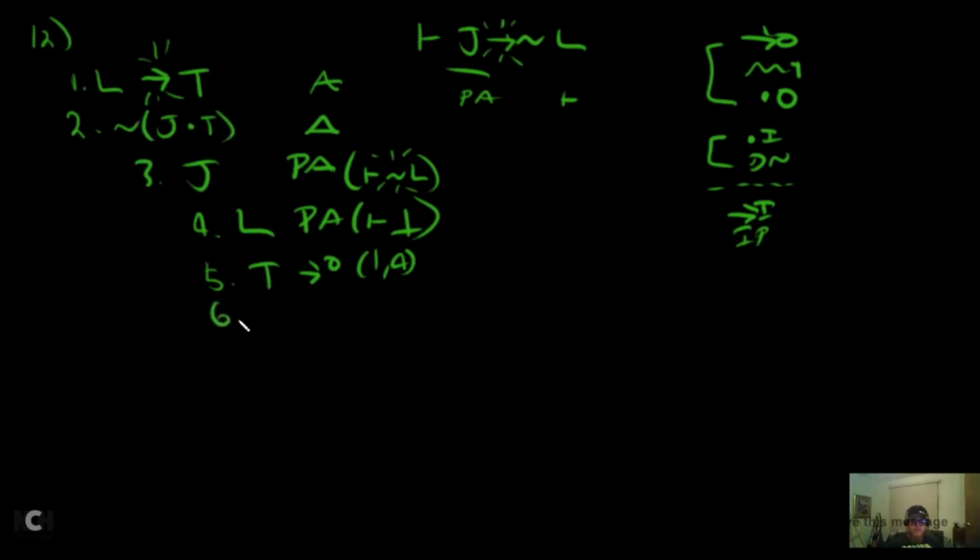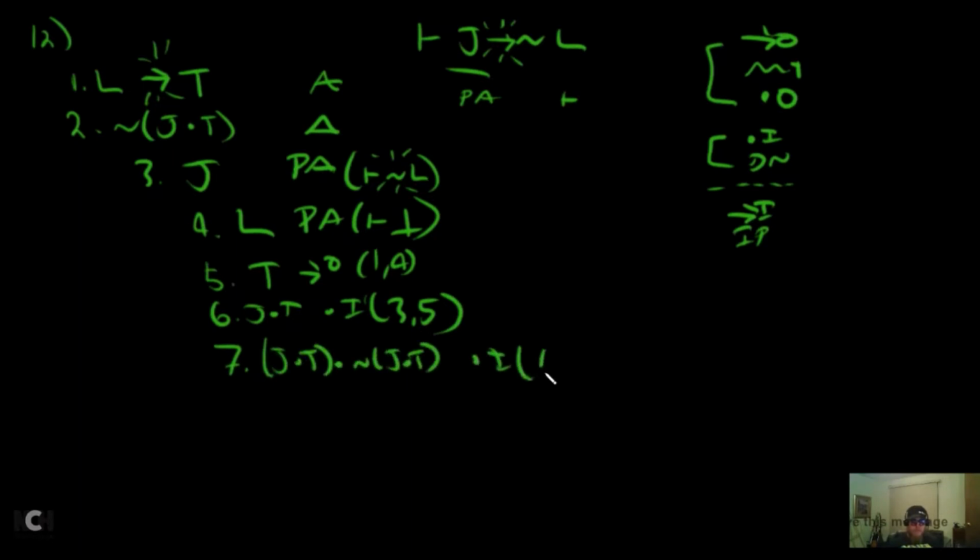So look at this. Line 6. J dot T. And in 3 and 5. And then what I can do is look, I can say that thing and exactly not that thing. So look, I get J and T and squiggle J and T. And in J and T came from 6. Squiggle J and T came from 2. There are my contraries. So I can zoom out here and say, yeah, if you provisionally assume L, you will get squiggle L